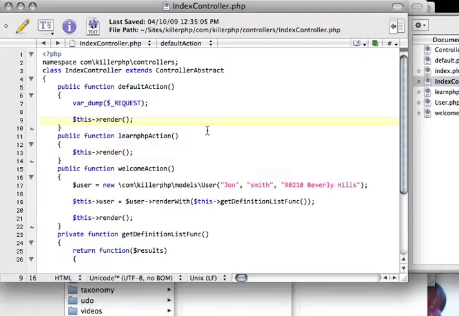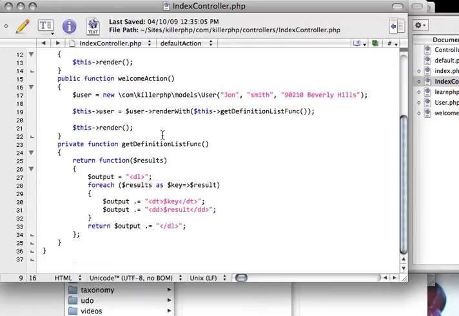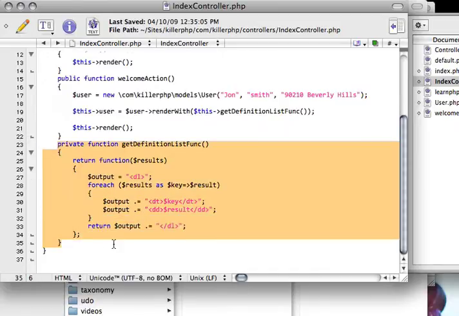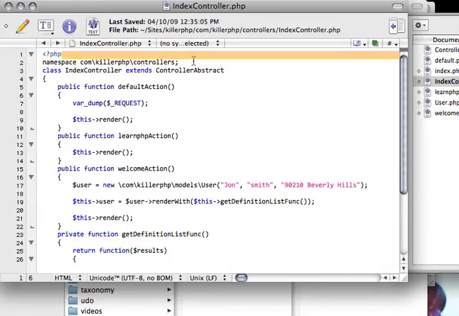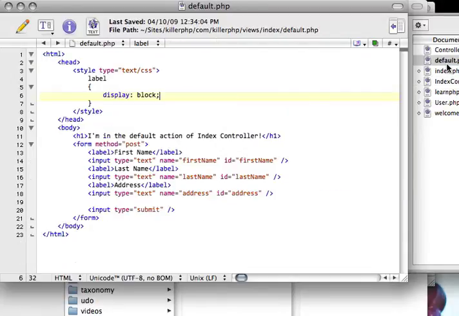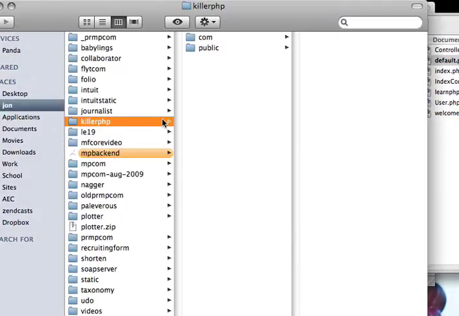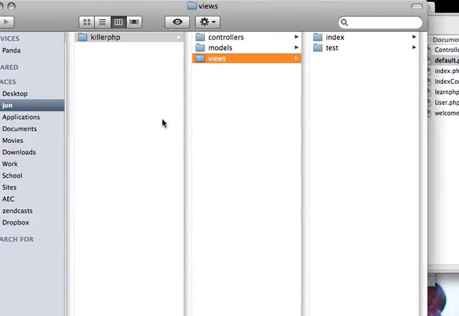Over the last couple of videos, we've looked at how we can create anonymous functions. You'll notice that we're dealing with namespaces at the top. We've also looked at how we can create inheritance structures and implement interfaces, all of which has to do more with object-oriented programming in general. And in the last video, we looked at how we could create a form and post the results back to the controller. So I have this default.php file, which is currently sitting in killerphp views,